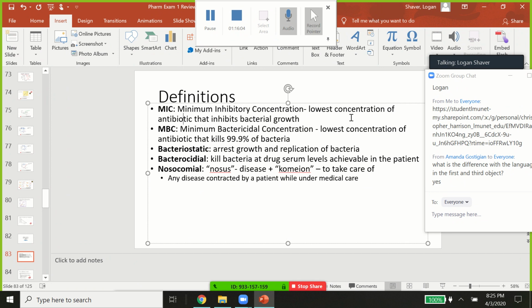But MIC is the lowest concentration at which an antibiotic works, basically. And MBC is the lowest concentration of antibiotic that kills most of the bacteria. So that of course would be a higher concentration than the inhibitory concentration, right? And bacteriostatic, of course, stops growth, while bactericidal kills actual bacteria. And yeah, nosocomial, take care of